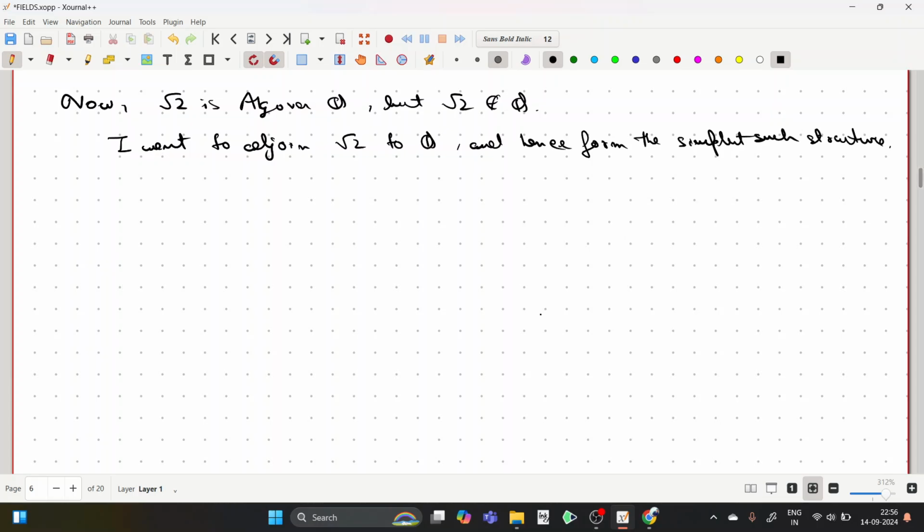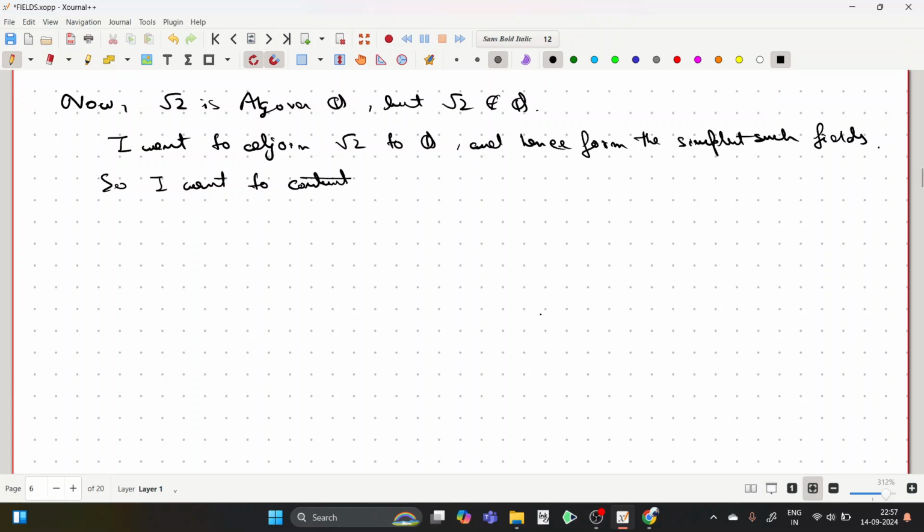That is, I want to form a field, the simplest such field, I should say, because we are talking about fields here precisely, and fields are the best behaving rings. So what I am trying to do is construct a field such that, so just write it down. So I want